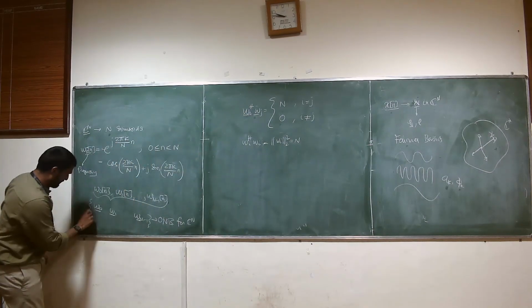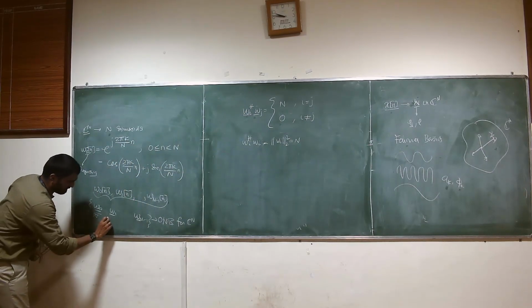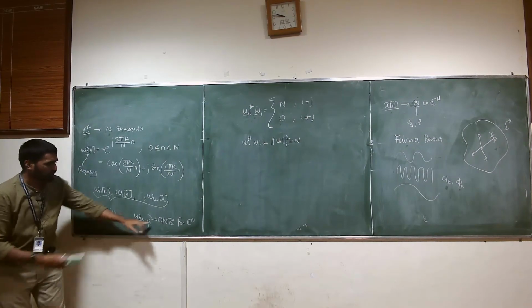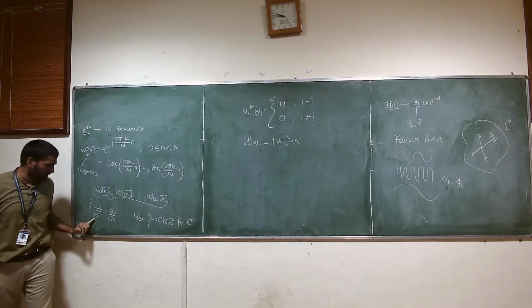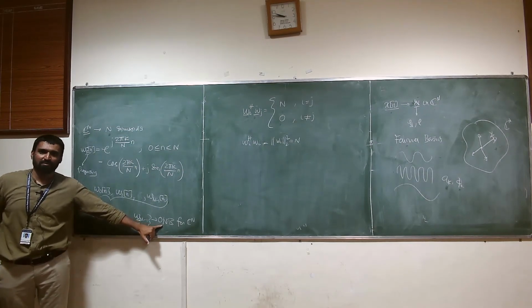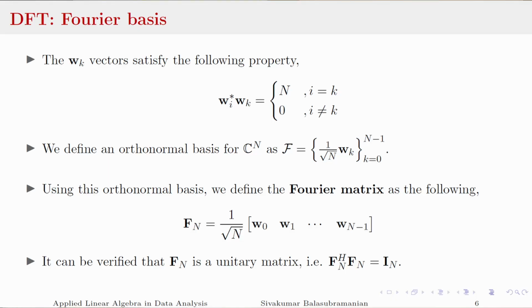And in fact, if we divide each of these by root N, as it stands it is not an orthonormal basis, it is an orthogonal basis, but if you divide each of these signals by root N, you get an orthonormal basis for C^N. Right? So if that is the case,